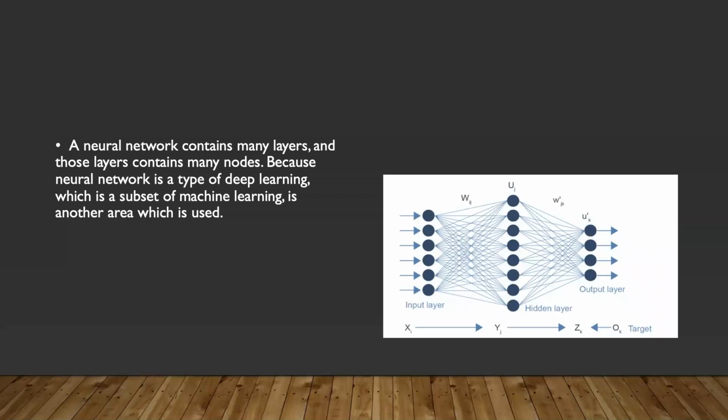Artificial neural network is an algorithm which used for finding and identifying objects around the vehicle. It's a primary focus of the artificial intelligence community because it makes it possible to behave like a human. A neural network contains many layers, and those layers contains many nodes. Because a neural network is a type of deep learning, which is a subset of machine learning, is another area which is used. So machine learning algorithms and neural networks are used to classify objects because many sensors are